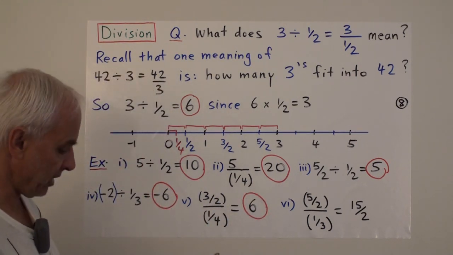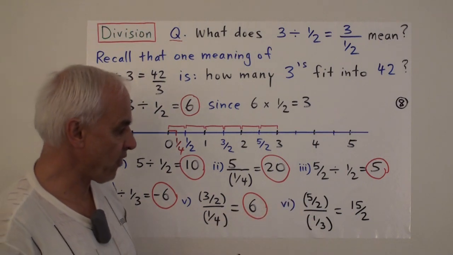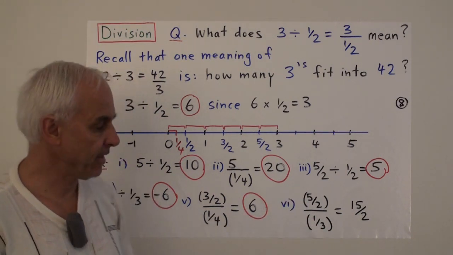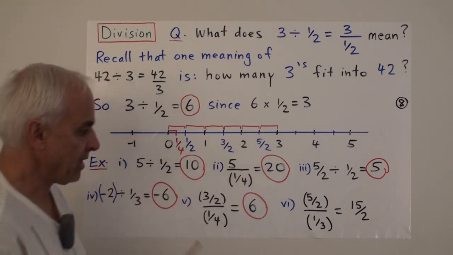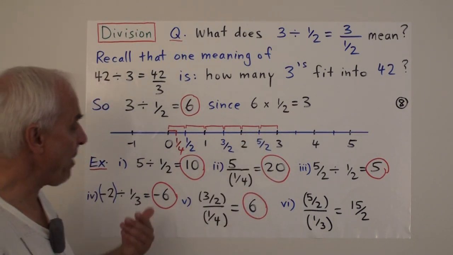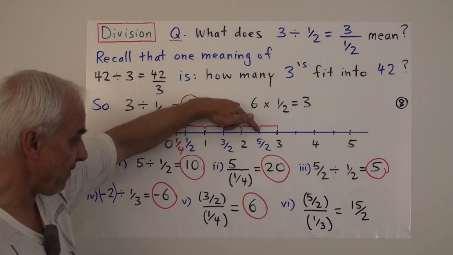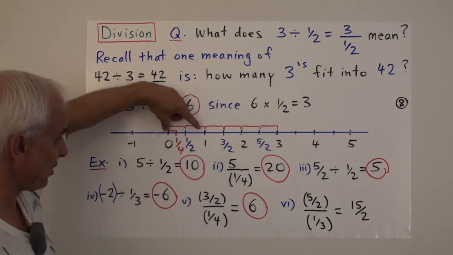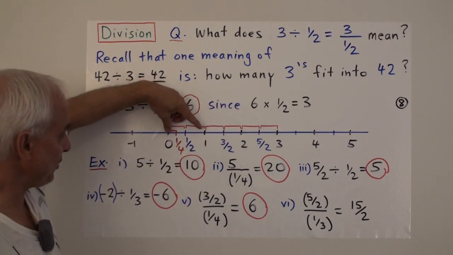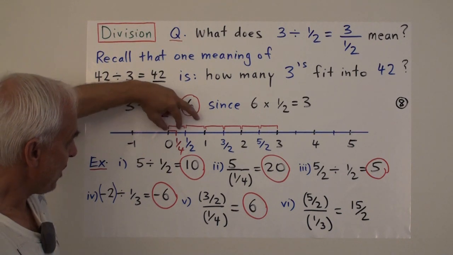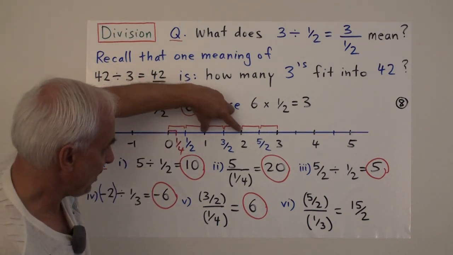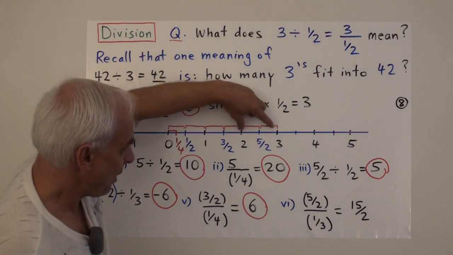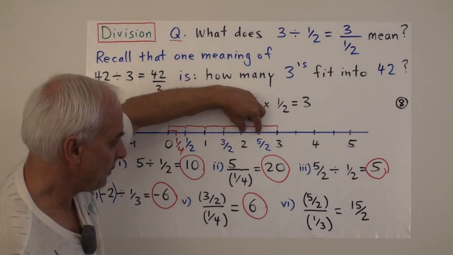And something a little bit different, 5 halves over 1/3. A little bit trickier. There's 5 halves. Dividing it by 1/3 is asking how many thirds fit into 5 halves. Well, I haven't marked thirds here, but let's see if we can just roughly guess. Okay. There's 3 thirds that fit there. Another 3 thirds that would fit there. How many thirds fit into here?